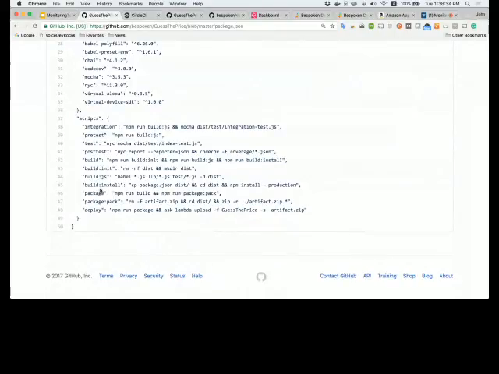If you're using Mocha, for example, getting this to actually produce code coverage is really easy. There's a great project called Istanbul, which has a command line tool called NYC. I don't know why the project is Istanbul and the command line is NYC, but basically,